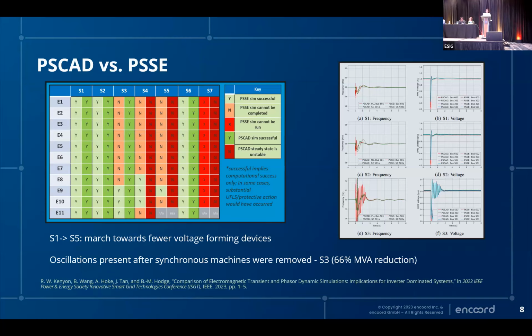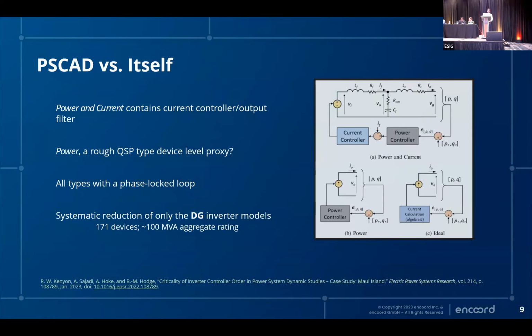PSSE is having numerical issues and/or not able to complete these simulations. Maybe it's a tuning problem, maybe the models need to be updated. It's hard to know unless you have the results to look at. PSCAD was showing this high frequency oscillation, 6 Hertz. This looks like a suspicious PLL interaction with a power controller, probably. But it's curious to think about how PSCAD was telling us that there were oscillations there. PSSE wasn't really giving us the result. So which one do you take as the correct result?